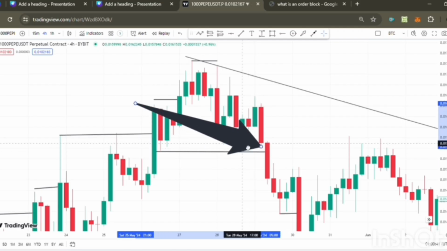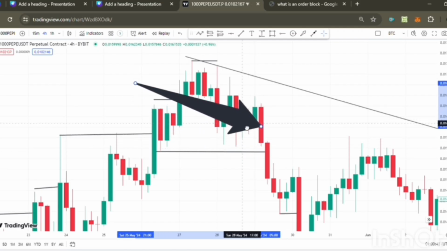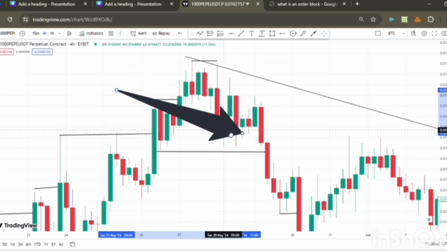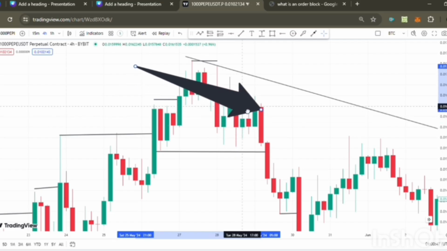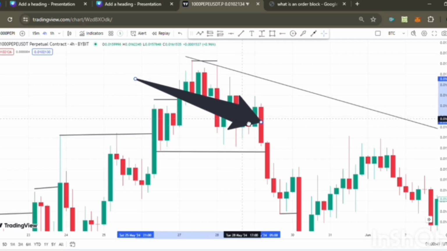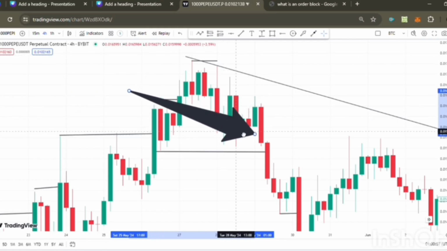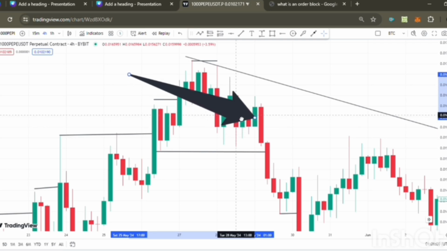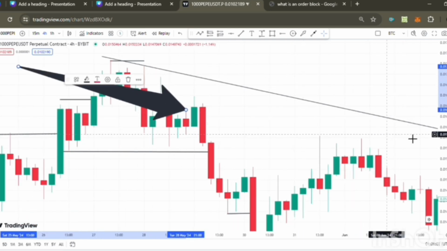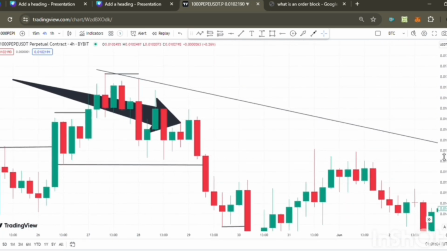Okay, we can now say that the market left some inefficiency in the market, causing the market to be imbalanced. Now the gap between them is what we call the fair value gap. All right, so as you can see, you can now say that this is a valid